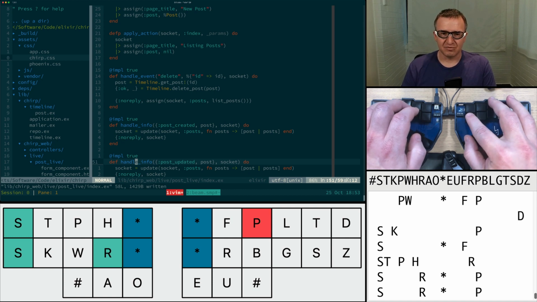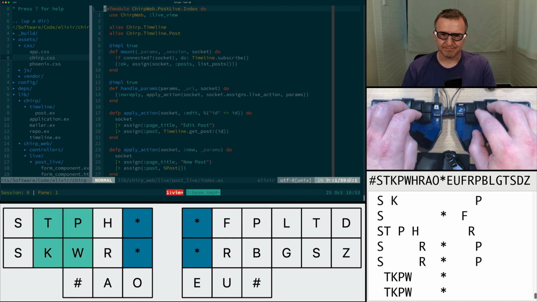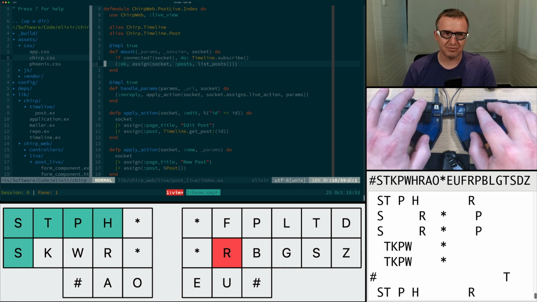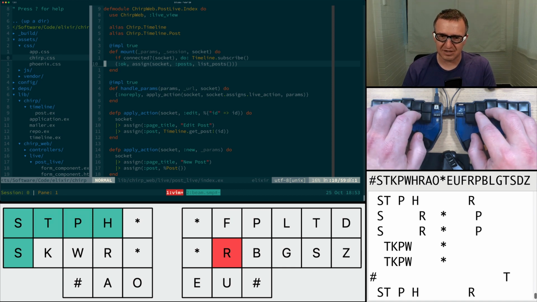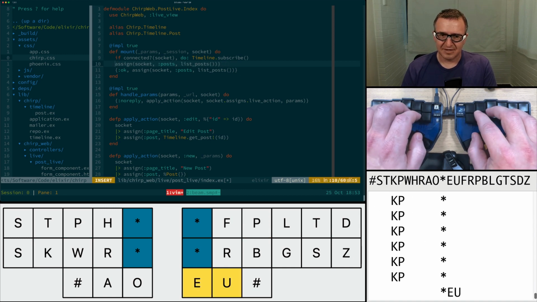So let's move up to that mount function again. We're going to do a quick little refactor before we put in that optimization. We're going to do this reassigning of the socket in a separate line. So I'm just going to go socket